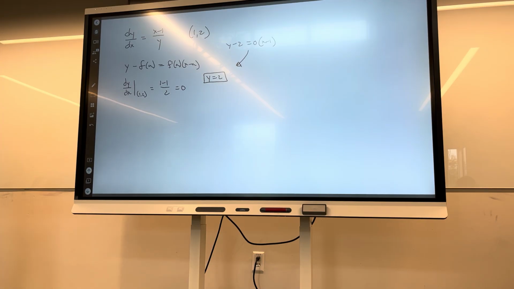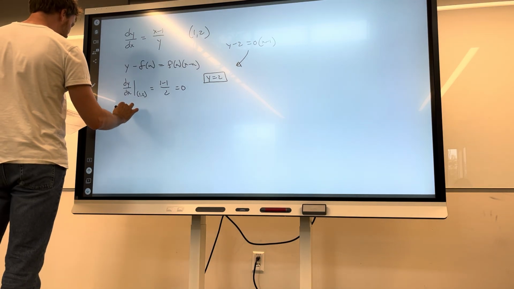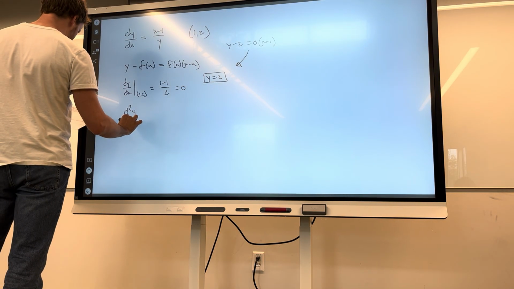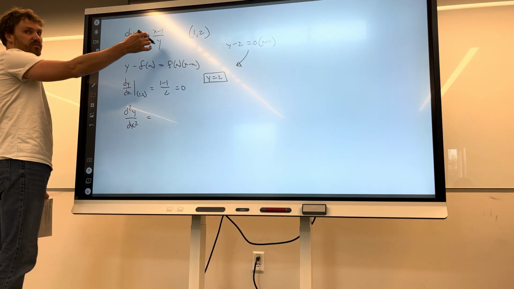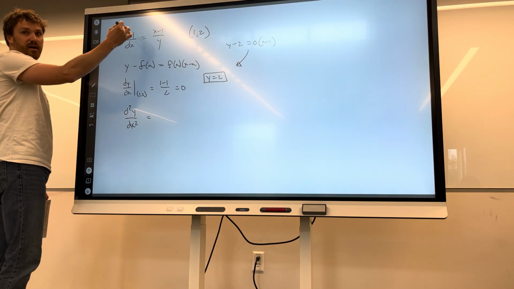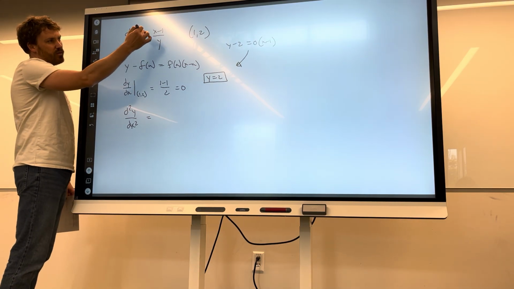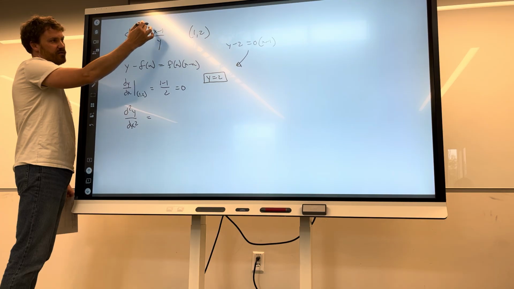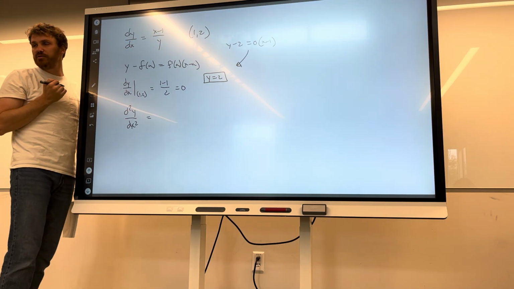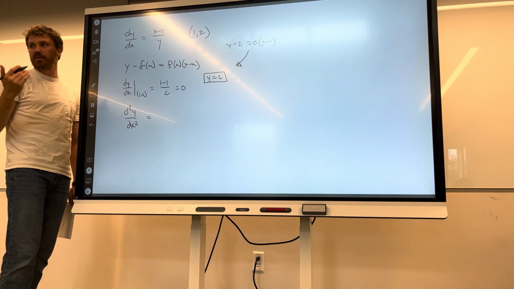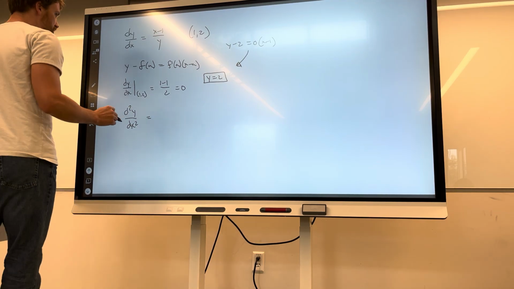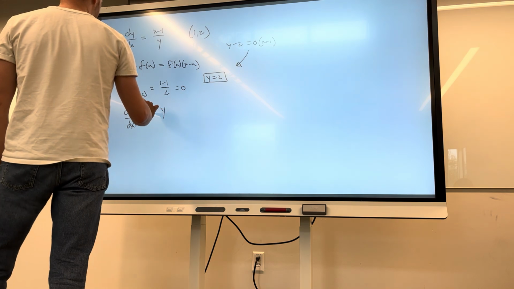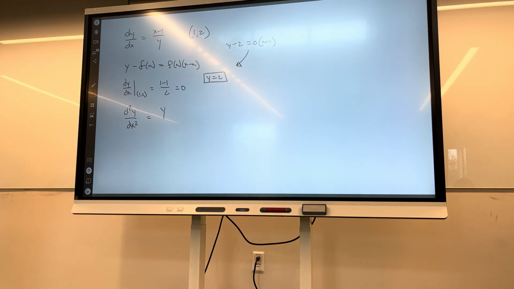Great. Okay, let's find d2y, the second derivative, d2y/dx squared, in terms of x and y. So we are now going to take the derivative of (x minus 1) over y. What is the big rule that we're going to have to use if we want to take this derivative? The quotient rule, because that's a quotient. The quotient rule says low d high minus high d low over the denominator squared. So we're going to go ahead and do that. Low d high: what's the derivative of x minus 1 with respect to x? 1, so it's y times 1